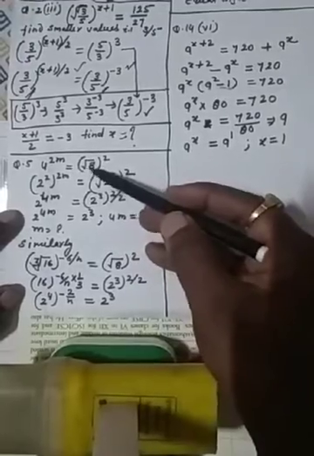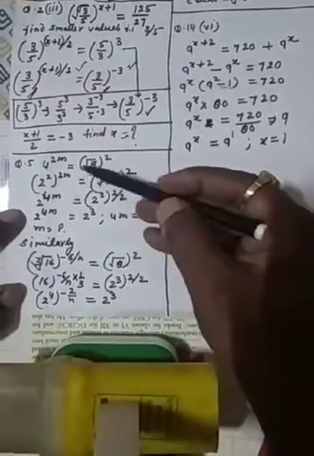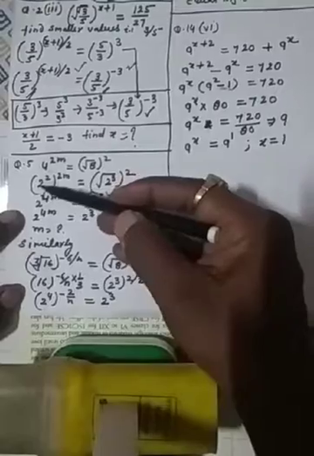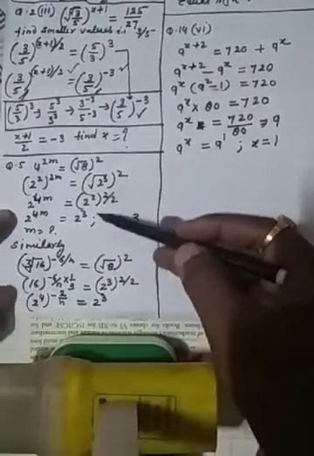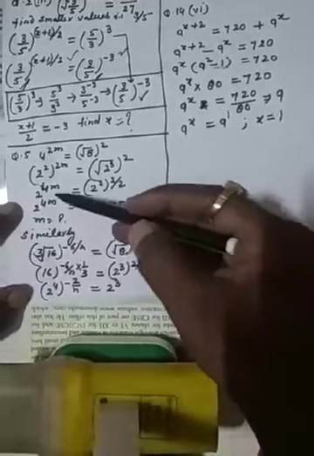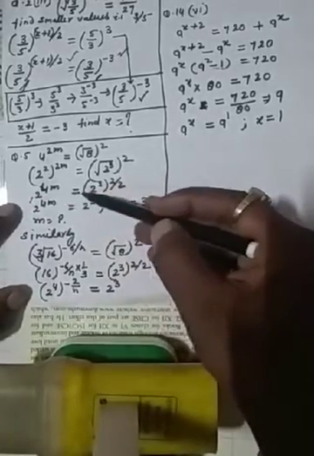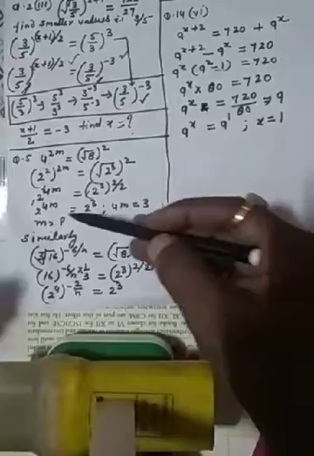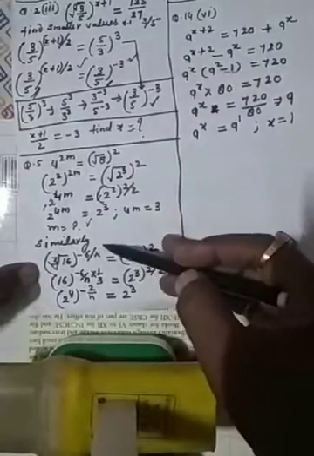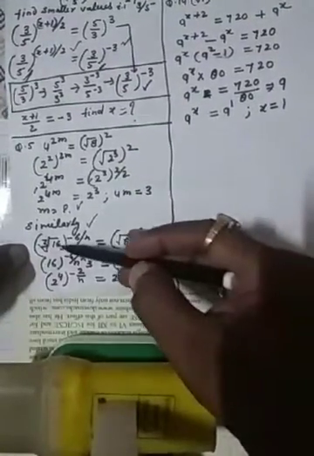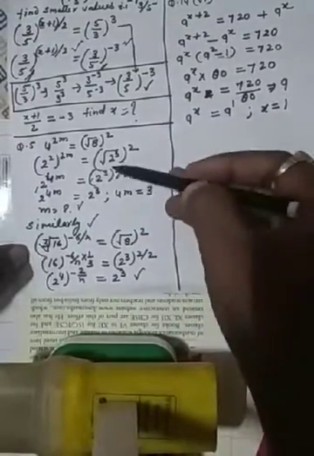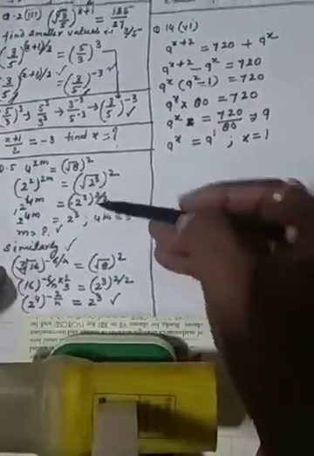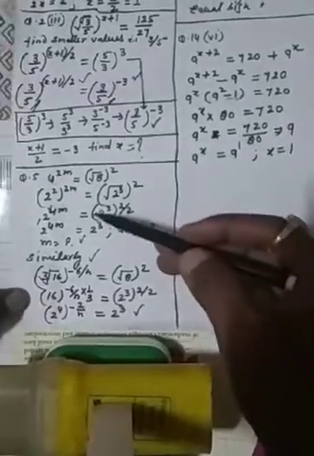In the same way, question number 5 is 4 to the power 2m is equal to root 8. So it is 4, it is 8. 4 can be written as 2 to the power 2, so 2 to the power 2 to the power 2m, and it can be written in such a way. If you see, bases are 2; according to how the bases on both sides will become 2, you can do it. In the same way the second part can be done similarly as you did the previous one.